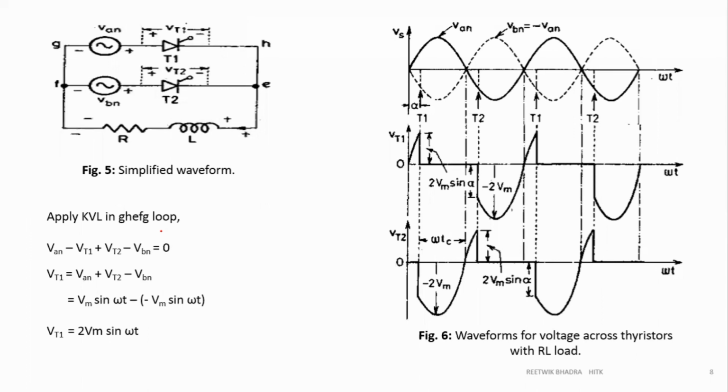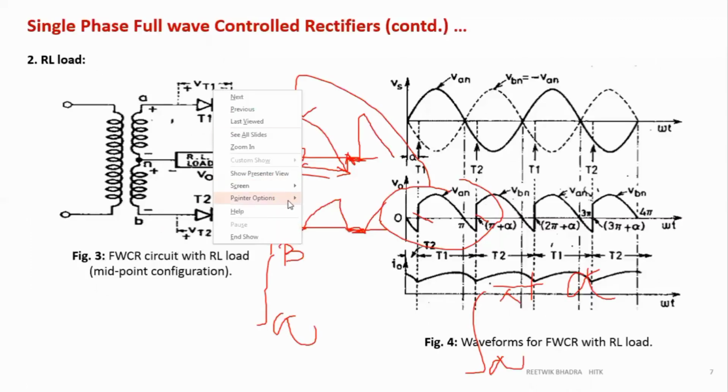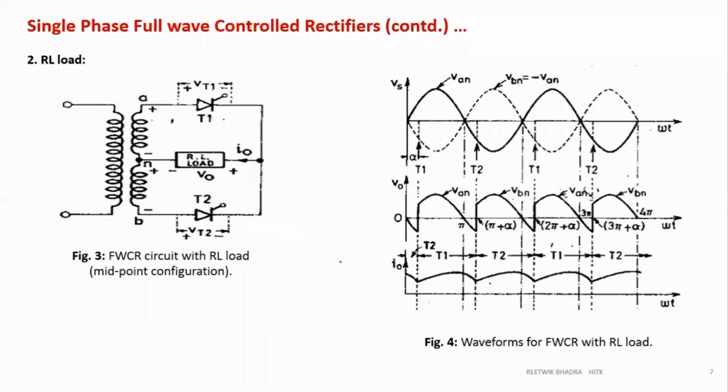Now over here also VT calculation is very important. What will be VT? Now in the previous circuit, I have made a simplified diagram over here. Just listen to my words. Because of the voltage VAN, thyristor T1 is on, and this is supplying my RL load, and because of my VBN voltage, thyristor T2 is on, which is supplying my load RL.